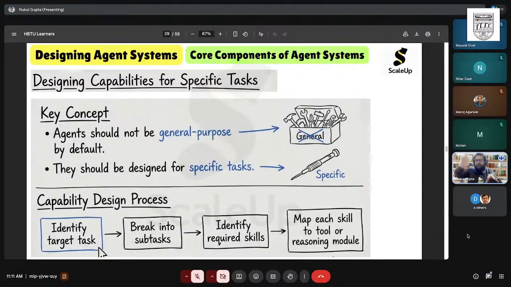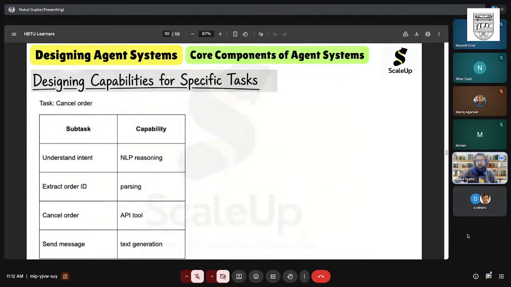This goal I can break into three parts. Now this subtask will need these capabilities. So I'll identify the skills, and based on that I'll identify the tools. So I will have a toolbox, and then it will be very easy for me to orchestrate. Orchestration will become easy because the right tools will be there with me. So that's the idea. So here one example is there, like the task is cancel order, because the agent we